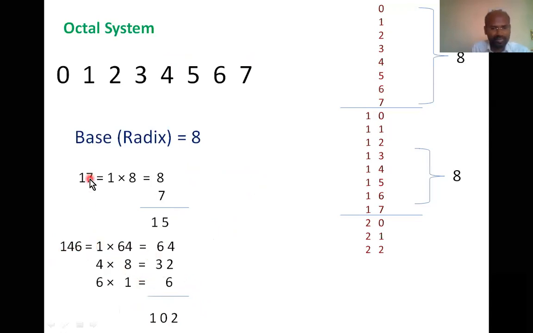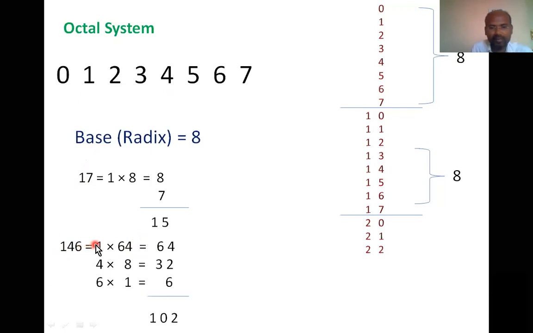See, 146. If the second digit is present, we have used all the symbols 8 times. Now if there is a third digit, what does it indicate? Can anyone guess what this third digit tells us? It means how many times we have used all the symbols in the octal system, 8 squared. If there is a third digit, it tells us we have used all 8 symbols squared. 8 squared, sir. Very good.